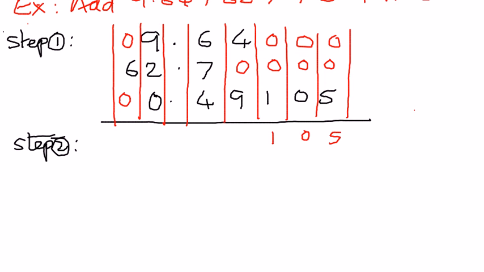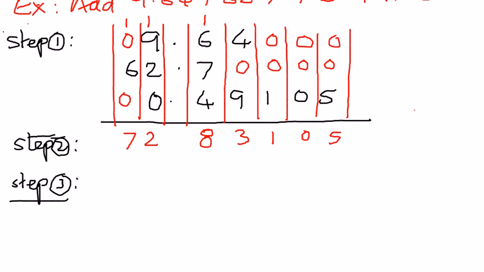9 plus 4 is 13. Carry the 1 there and then write the 3 there. And then 1 plus 6 is 7. 7 plus 7 is 14. 14 plus 4 is 18. So we carry the 1 and then bring down the 8 here. And then 9 plus 1 is 10, 10 plus 2 is 12, so we carry the 1 there and then write the 2 there. 6 plus 1 is 7,